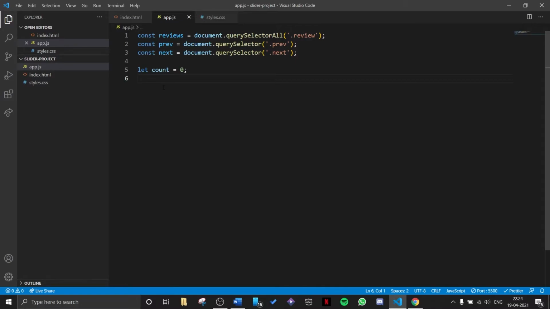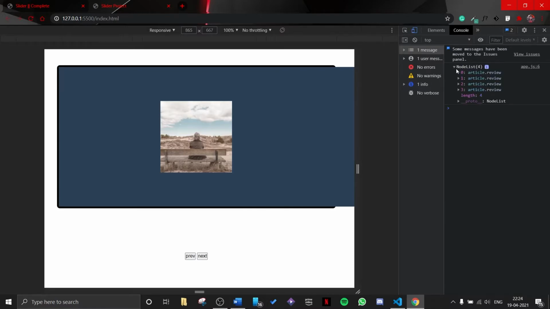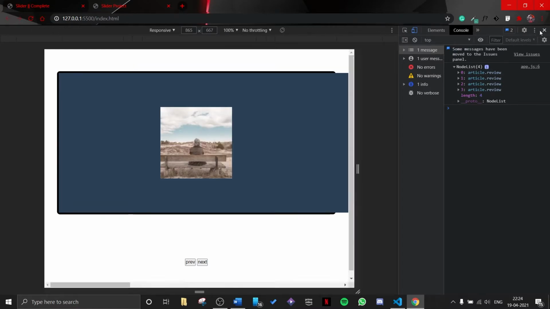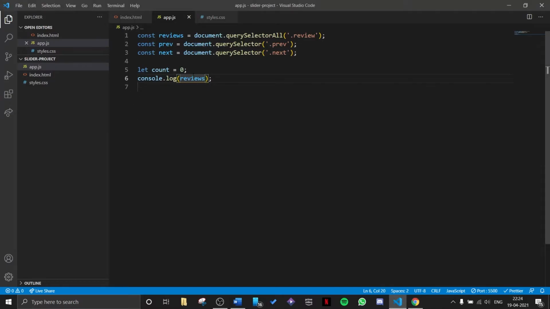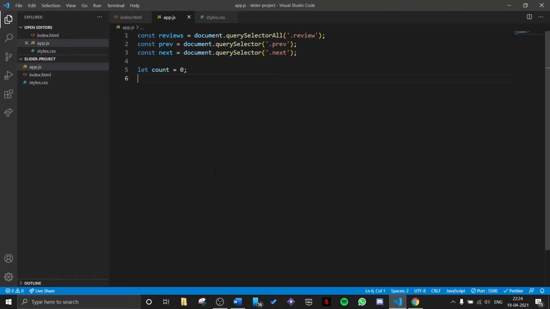If I log the reviews, you see we have a node list of 4 items, and each of those items has an index, starting from 0. So the count variable will store the index of the article which is being displayed at the front. Right now we have the first article, so the index is 0. When we have the second article in front, the index will be 1. Hope that makes sense.